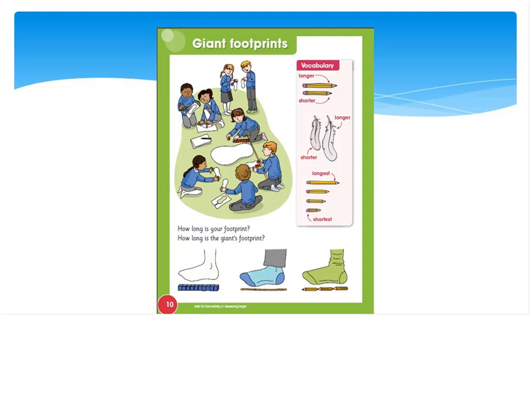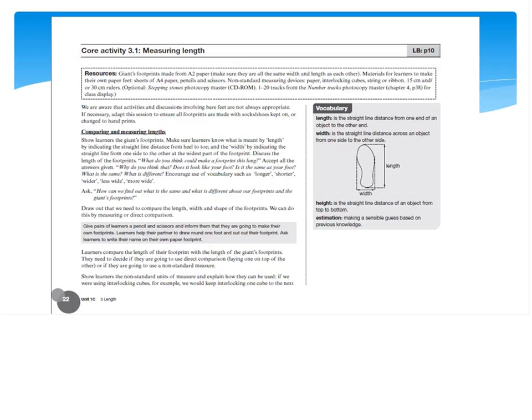Remember, don't give answers. This is one for the grade 1 children in the new primary, and all they have is a footprint coming up to the classroom door or the classroom window, a series of footprints, and a letter comes and says, "Children, I came to play with you today, but you've gone home. I'd like to come back and play. Do you think I fit through your door?" Using the information they had, they had to find out as close as possible how tall the giant was, therefore being able to answer the question, would I fit through your door? This is a page from the teacher's manual that actually starts that lesson off.